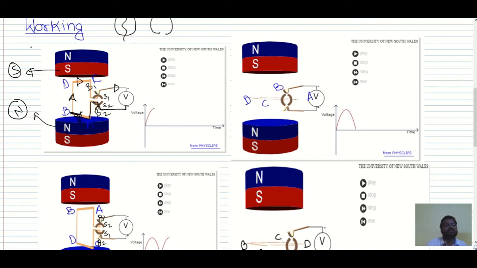Fleming's left hand rule says whenever you stretch the three fingers of the left hand, naming the thumb, then middle finger and the index finger, which are mutually perpendicular with each other, and if this index finger denotes the direction of the magnetic field, this middle finger denotes the direction of the current, then this thumb will represent the direction of the force.